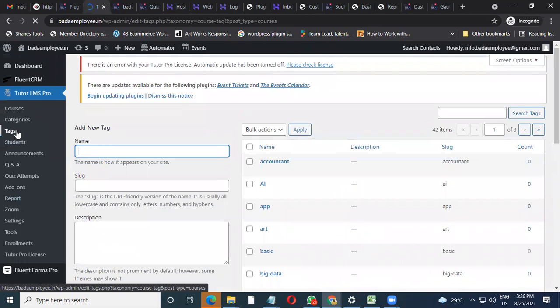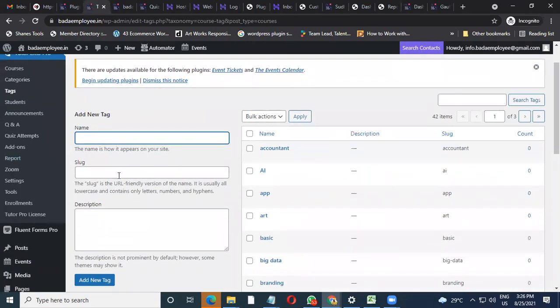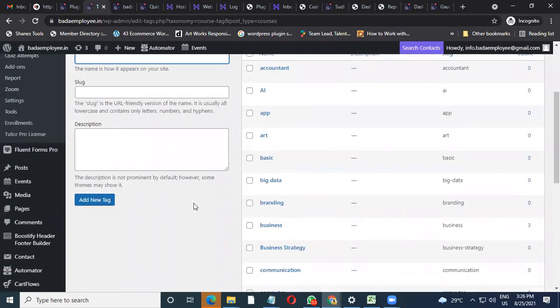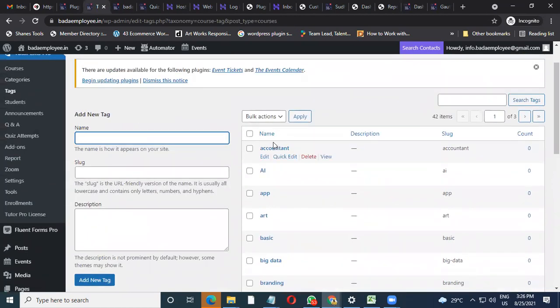Tags, again, if you want to add tags, you can click over here, add new tags for the course and just publish it. And in your builder, you can select the relevant tags. If you don't, it also doesn't make any difference. But in future, if you are adding more and more courses and you want to navigate them properly, this is the base. If your foundation is strong, things will be much better for you in future. So this is how you add tags and categories.